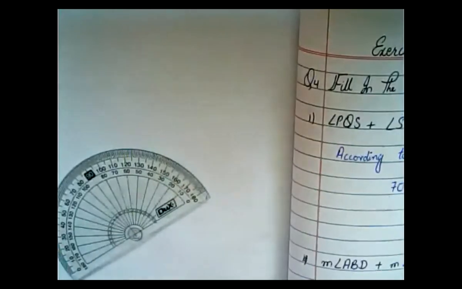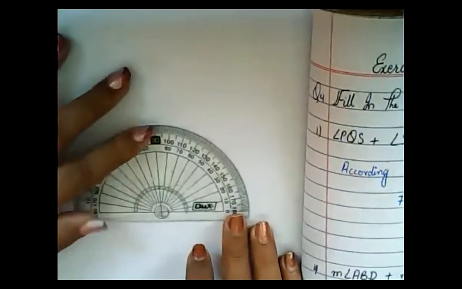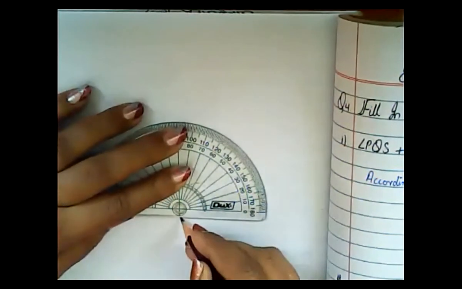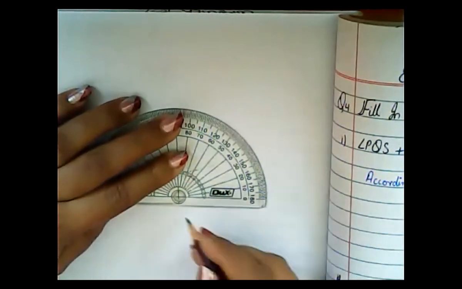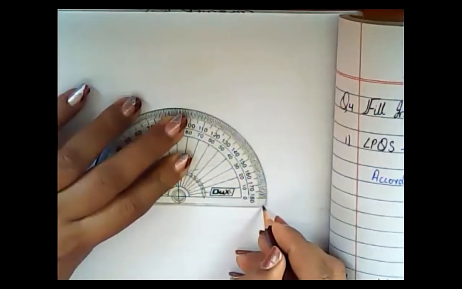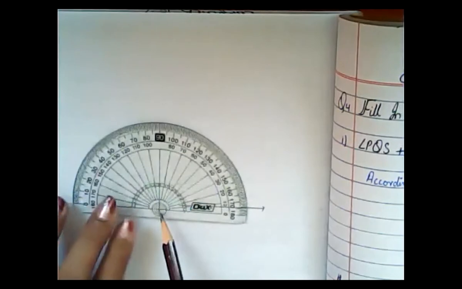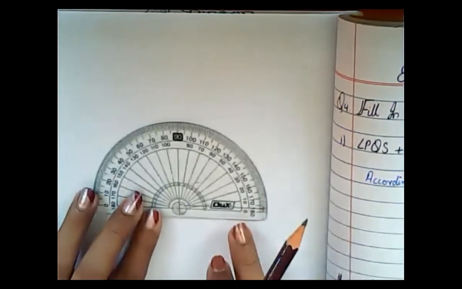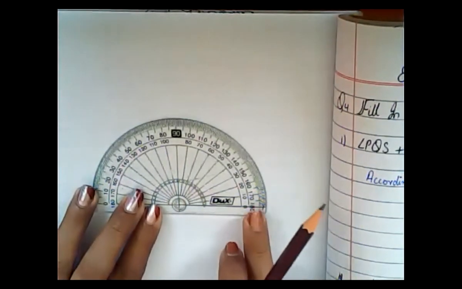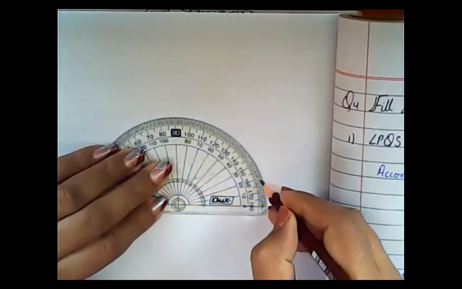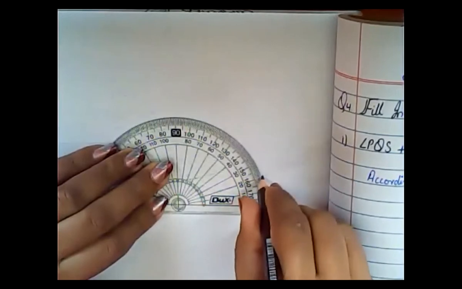I have the protractor. We will use it for the construction of this one. First, I am going to draw a ray, simple, of any measurement. As you know, a ray is immeasurable, just a line and then the arrowhead. Now I am going to place the center point of this protractor on the end point of my ray in this way, and then mark here 20 degrees because the angle A is equal to 20 degrees.